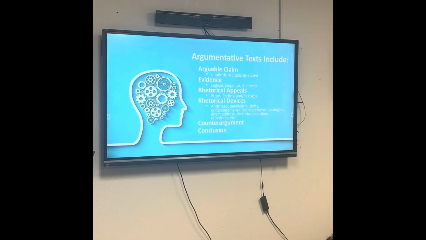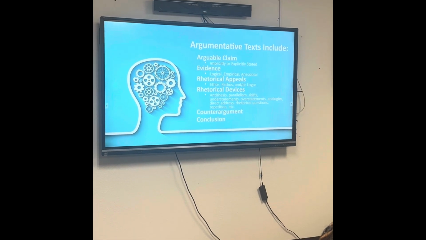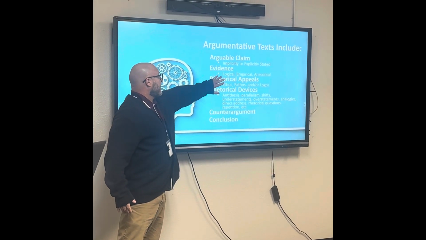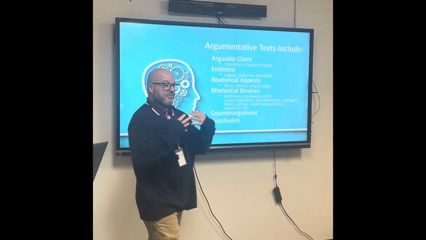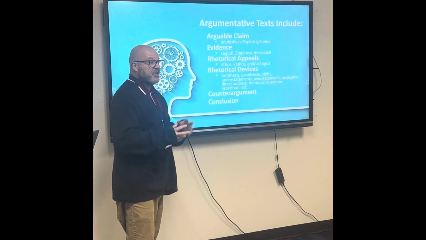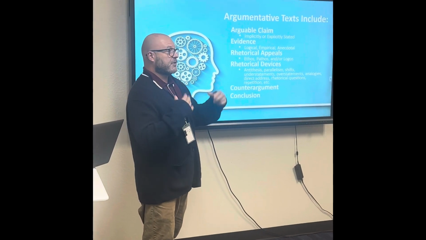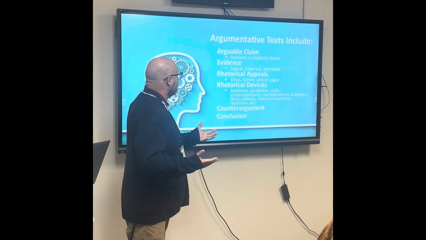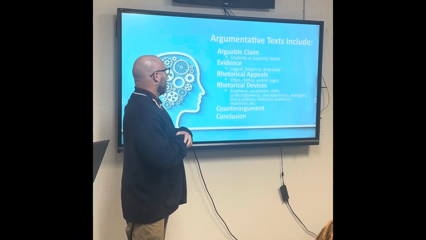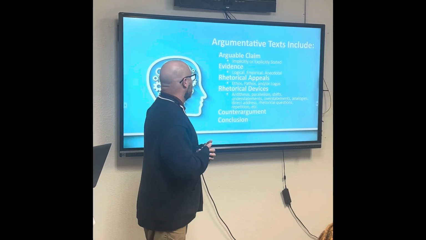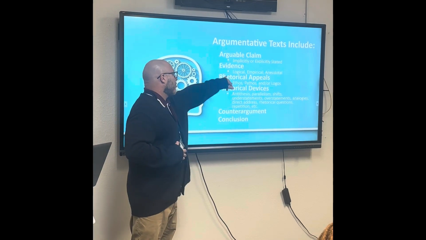Argument text, argument claim, implicit or explicit stated. We talked about this last week. Implicitly and explicitly is when you say something directly, or sometimes you go around about how you say it, right? You use those authors' words, figurative language and things like that. And we'll talk a little bit about that, why it makes it more interesting for the reader or how it makes your argument better. Evidence, you want to be logical,